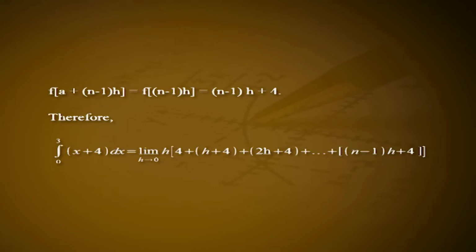plus 4 plus 2h plus 4 plus etc. plus (n-1)h plus 4] as h tends to 0, which is equal to the limit of h into [1 plus 2 plus etc. plus (n-1) plus 4n] as h tends to 0, which is equal to the limit of h into [(n-1) into ((n-1)+1) all divided by 2 plus 4n] as h tends